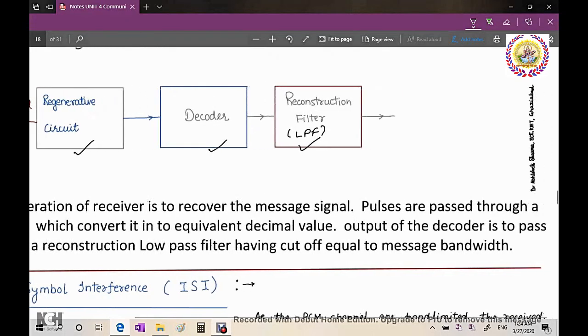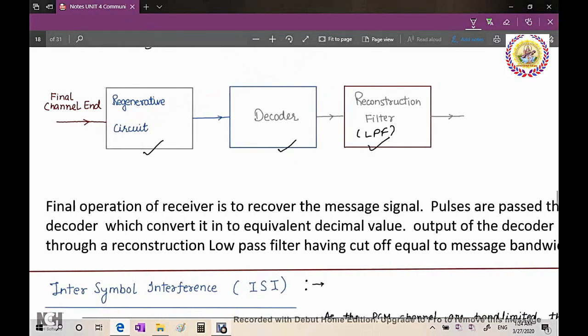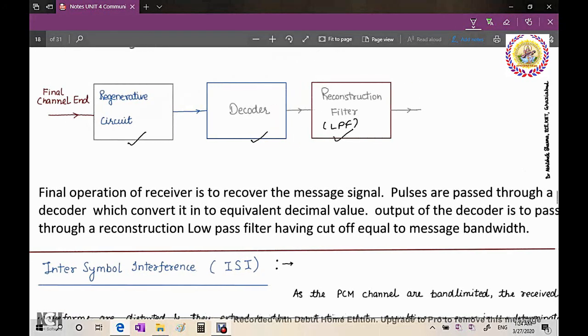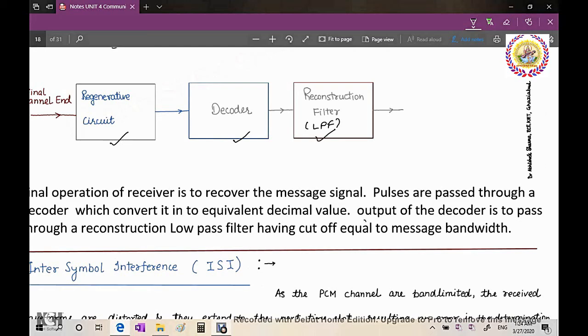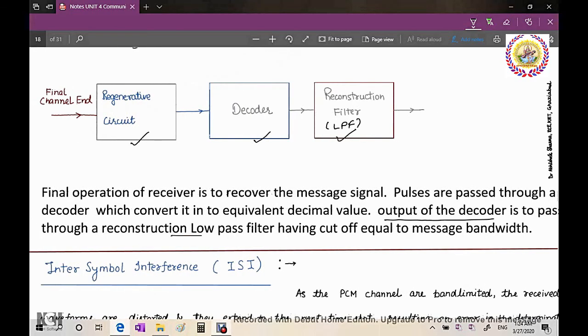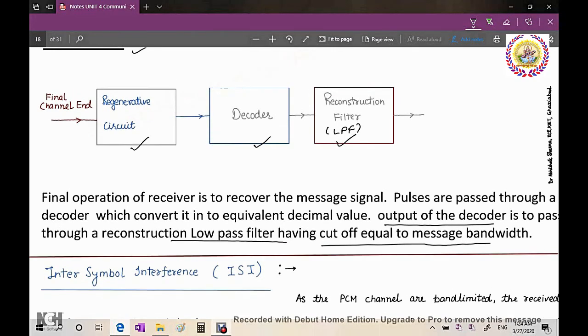Pulses are passed through a decoder which converts them into equivalent decimal values. Output of the decoder is passed through a reconstruction low pass filter having cutoff equal to message bandwidth. Now we already know the regenerative circuit. The decoder is already studied in digital electronics, how encoder and decoder work. The reconstruction filter is an LPF which reconstructs the sampled decoded value, which is, for example, 0 1 1 going inside the decoder. The decoder gives you output